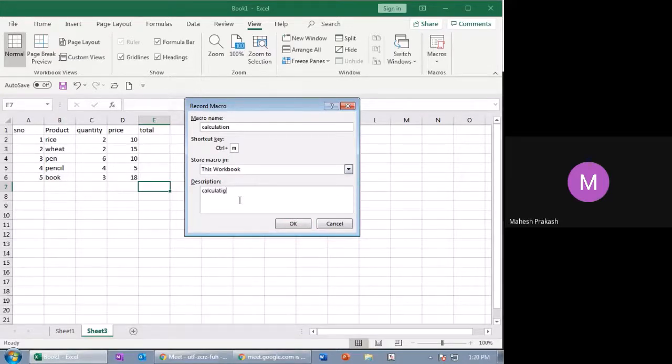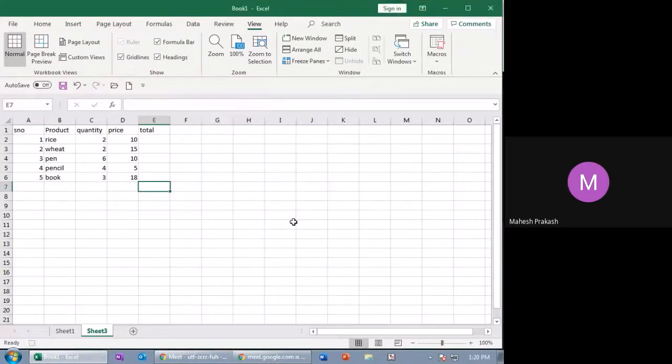Description is calculating total. It's very easy, but just listen to it carefully. I clicked on OK. The moment I click on OK, see here there is a small gray box which says the macro is currently recording. So now I've started my work. Right now I'm doing the work. This is the table, and I'm calculating the things right now. Equal to quantity into price, enter,